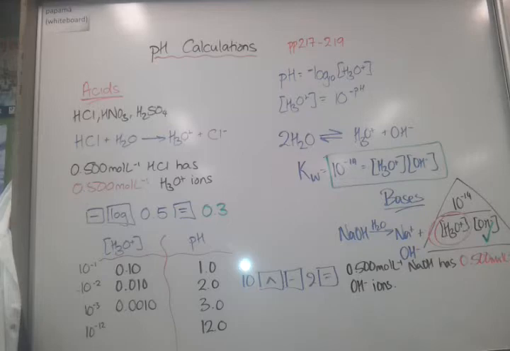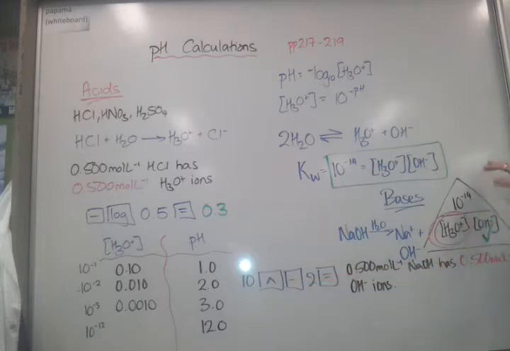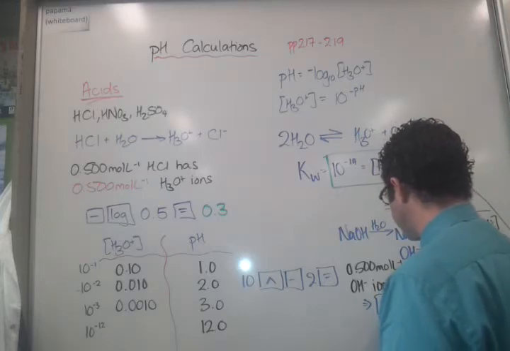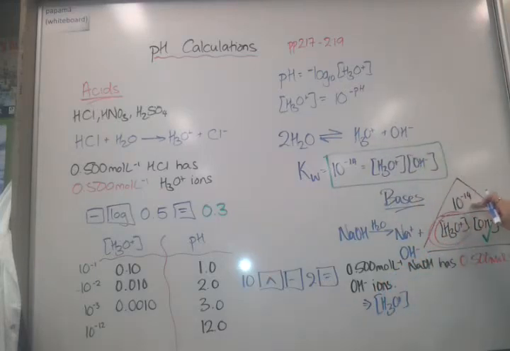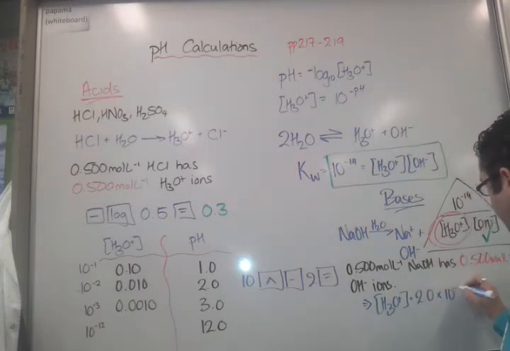So now on your calculator, could you please go 10 to the negative 14, which by the way is 1 exponent negative 14 if you prefer using exponents, or it is 10 with a lower o negative 14. Okay, so 10 to the power of negative 14 divided by 0.5 equals, and tell me what number you get there, please. 2 times 10 to the negative 14. Okay, 2 times 10 to the negative 14. So hydronium ion concentration is equal to that divided by that, and as we've just said, is 2.0 times 10 to the negative 14